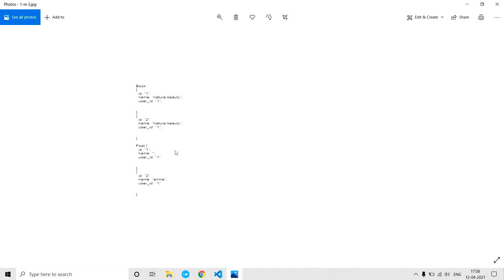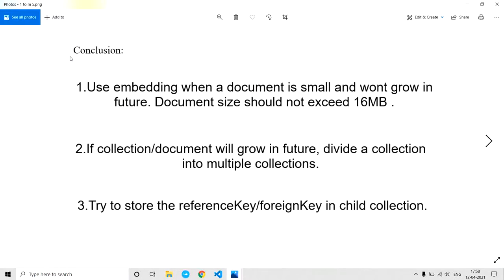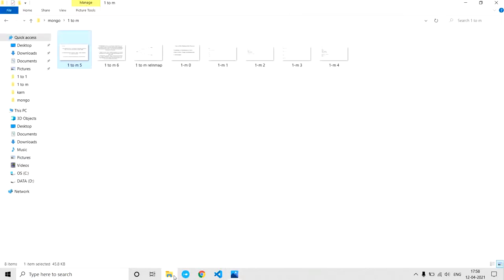So we just need to separate these collections and try to store the reference key in the child collection. So we should always try to store the foreign key in the child collection.